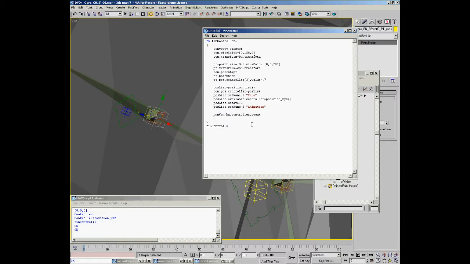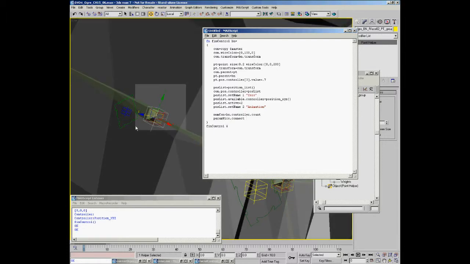So the next step is to go paramWire.connect, and that is the command for setting up the param wire. And then we need to say which is going to be the master. So this is going to be the driving one. We need to list the actual track of animation that will be driving the wire parameter. So con.pos